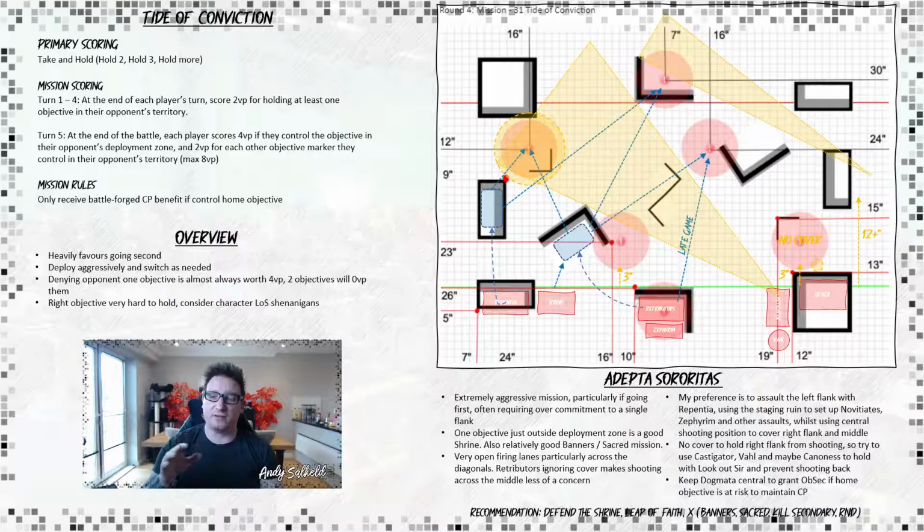With regards to movement, it's 3 inches to get onto your close objectives, and then I think it's 18 to get onto your opponent's objectives. So you need to be very aware of setting up Miracle Dice charges or Zephyrim charges to just be able to missile onto it. I think it could be worthwhile setting up...